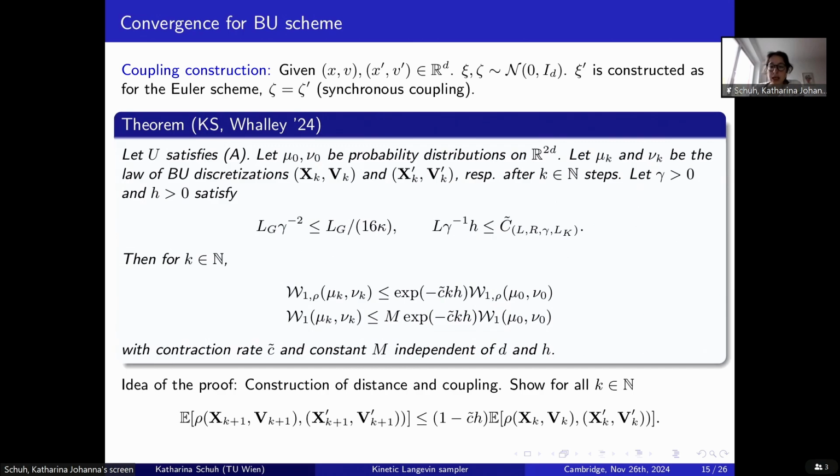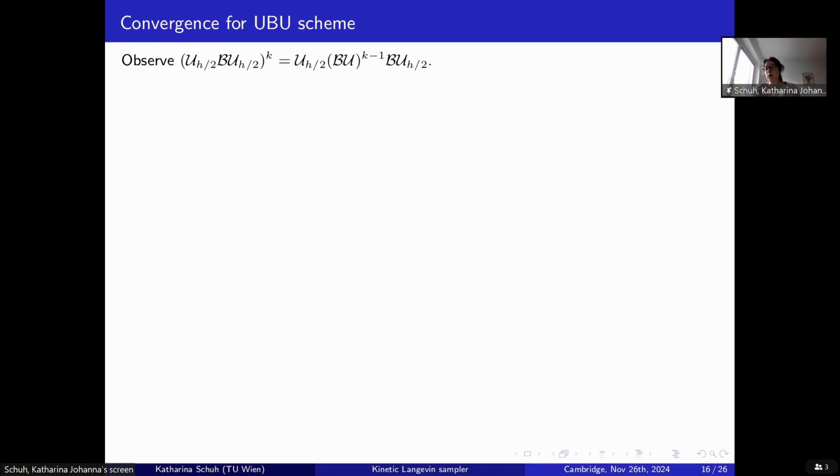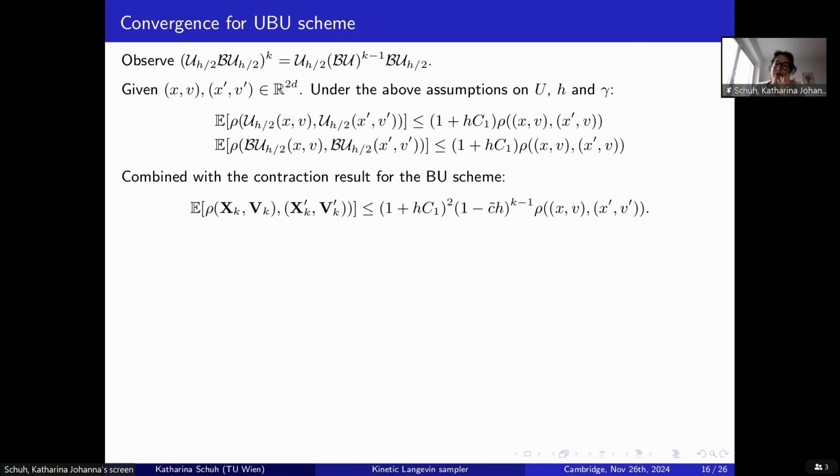contractivity. And now if we come to the UBU scheme, there we do it a bit differently, because there we use that if we do k steps of our UBU scheme, we can split it in a different way. And then we see that we can split it such that in the middle part, we have k minus 1 BU steps. And then the right and left-hand side are either a UH half step or a BUH half step. And so here the idea is that we control these two other steps. In particular,